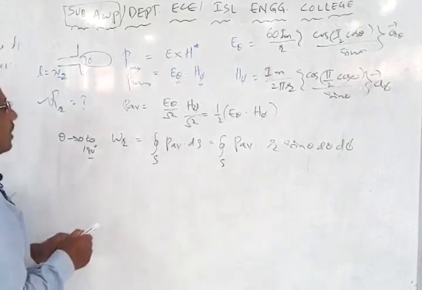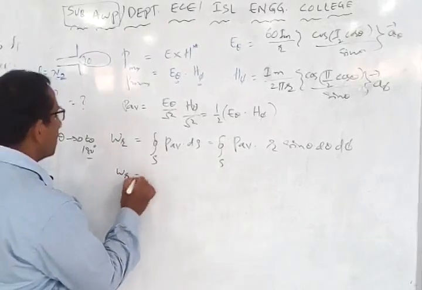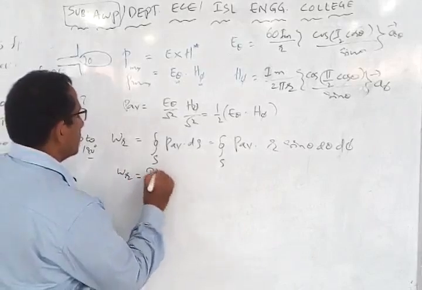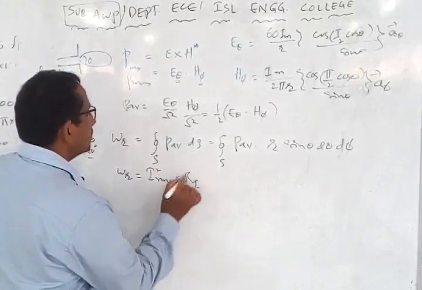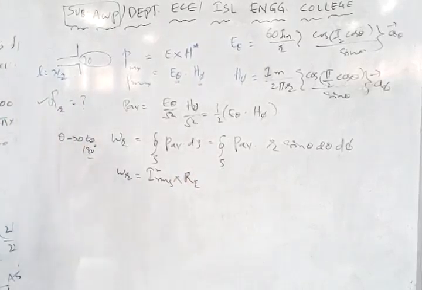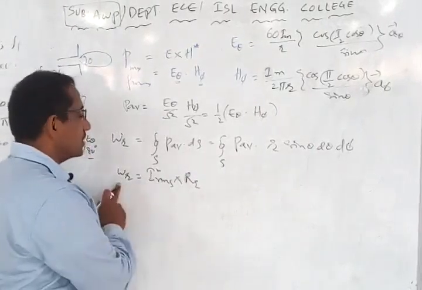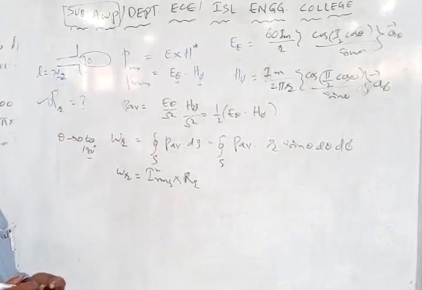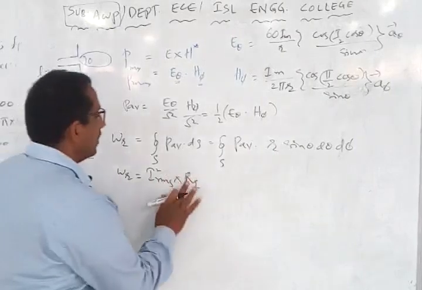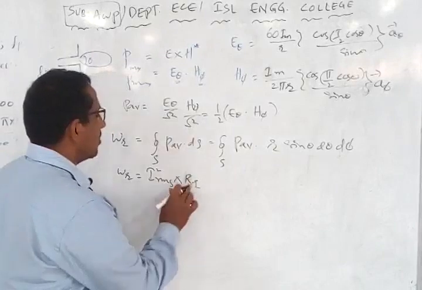If you want to include the radiation resistance, another formula for power radiated is equal to I_RMS squared into R_R. In terms of the radiation resistance, we can equate this as I_RMS squared into R_R, which is nothing but the I squared R loss, the power radiated by the transmitting antenna. So this R_R is something like an imaginary component. Physically R_R is not there, it is totally an imaginary component.